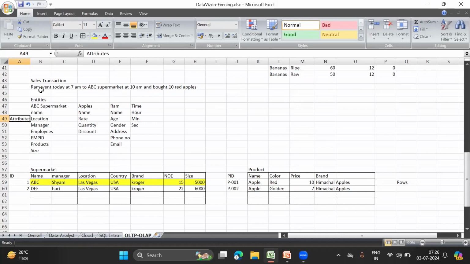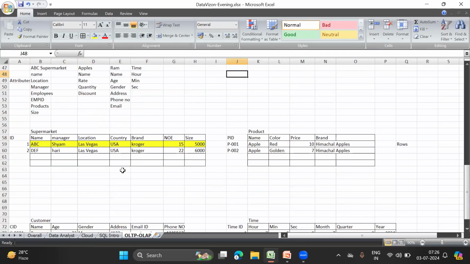Now, I am still lacking something. I am still not having a place where I can store these different transactions. I do not have a table where the data from these multiple tables are related or associated to each other, right? So right now, the tables we are looking at are dimension tables.